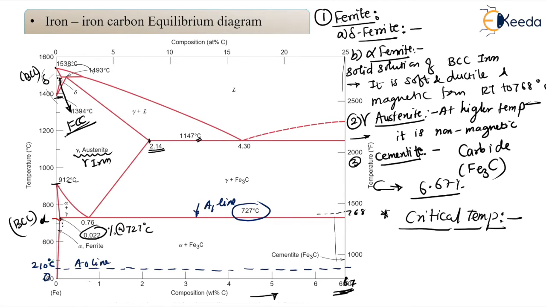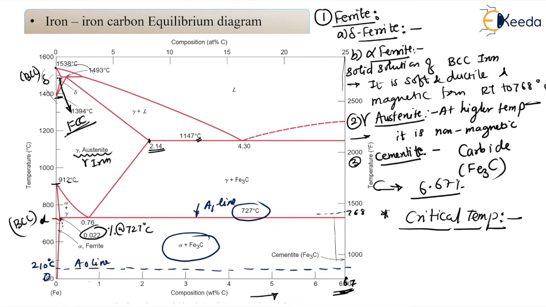So here dear student, what is happening actually? It is the temperature at which this perlite, that is alpha plus cementite, how this gamma austenite gets decomposed into these two phases alpha and cementite